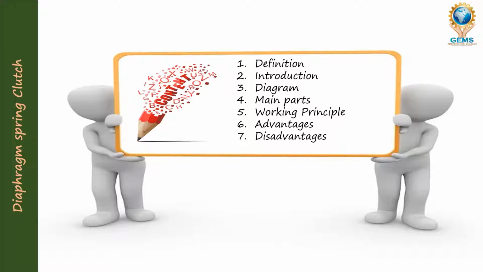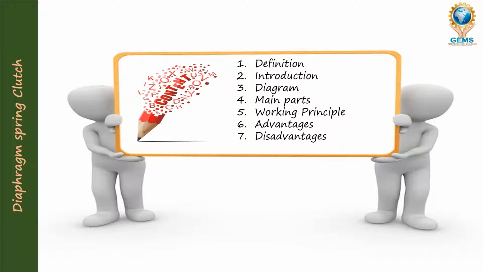Why I am telling you this: first, write the definition of that topic. Number 2, the introduction or construction of that topic. Draw the diagram and write the main parts from the diagram. Write the working principle, advantages, and disadvantages. If you want to add, you can add an 8th point as application. These are the points so that you can write it step by step, and it will look good. It will give a good presentation, and when your paper is being corrected, it will give the examiner a good impression. So keep the 7 points in your mind.